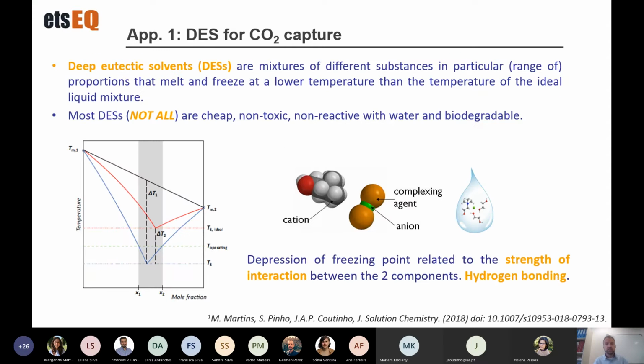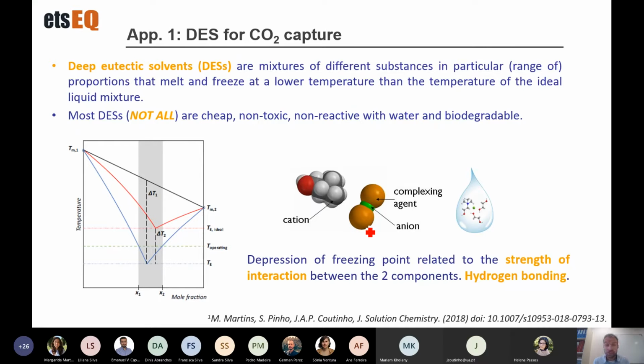So, the first application that I want to show is if you want to do a study for new absorbents, and in this case, this is a short study done for deep eutectic solvents to evaluate their capacity for CO2 capture. Okay, so I know that this is the group of deep eutectic solvents, so I know that it's a bit risky to talk about this here. You have possibly the person in the world who knows more about this, but as I was saying, these